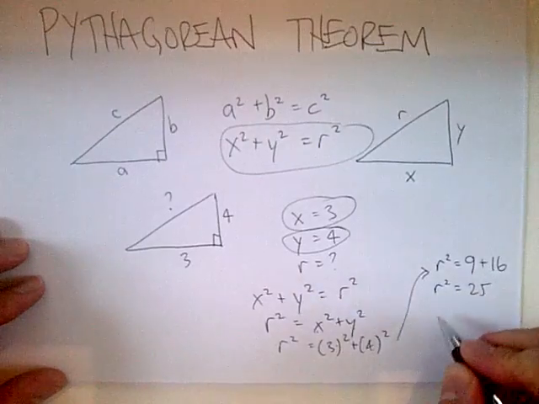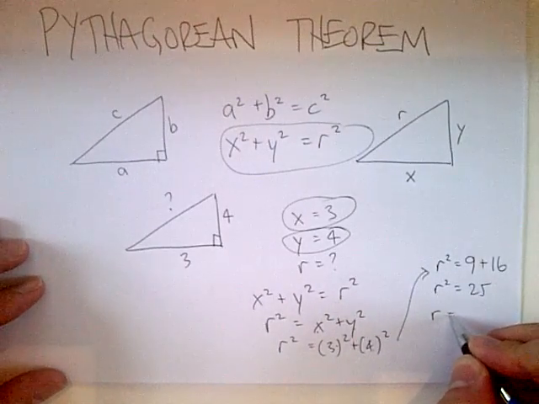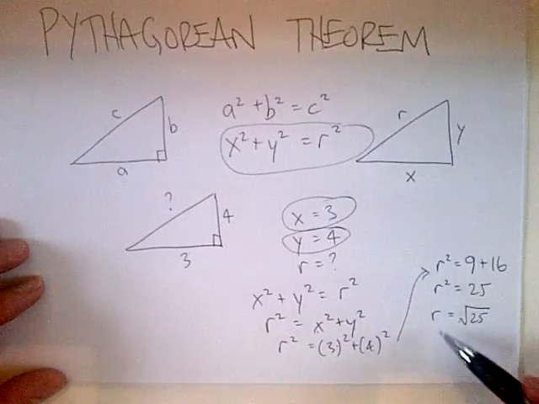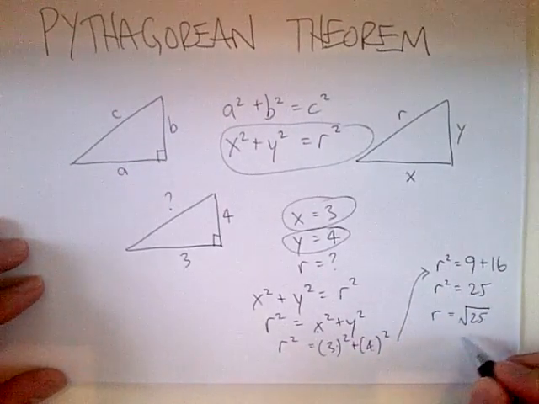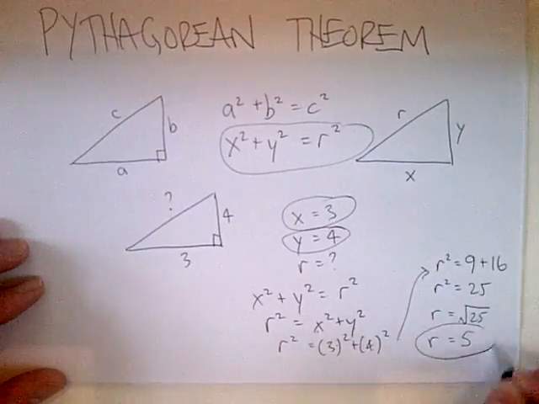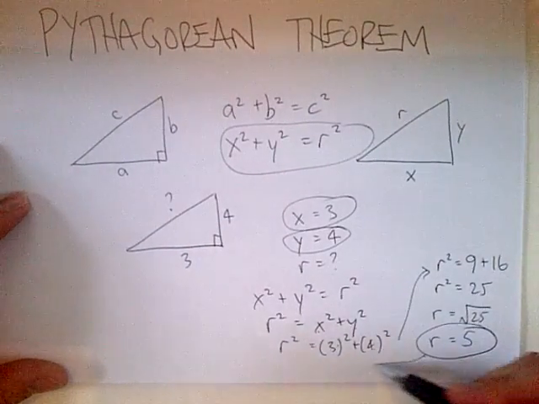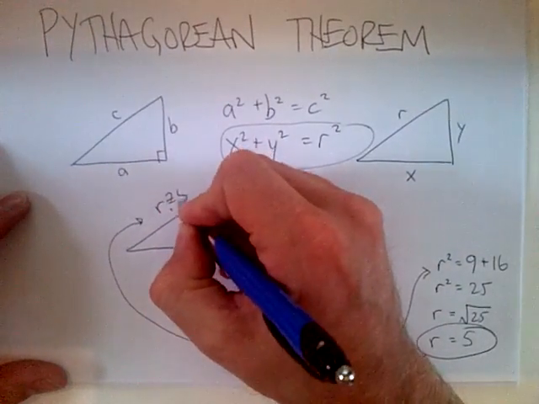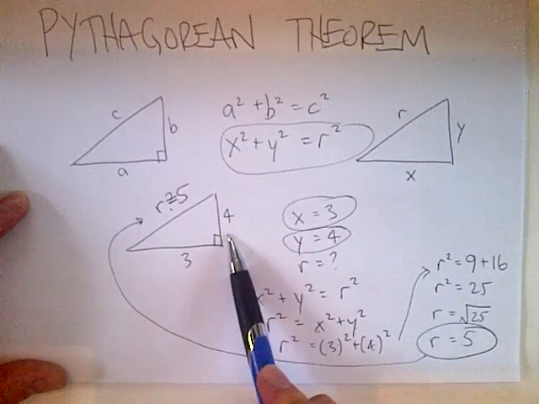25. So if r squared is 25, then r is equal to the square root of 25, right? Because r is the square root of r squared, and the square root of 25 happens to be 5. So that's kind of an interesting thing, because that means if we take this back here and we say r equals 5, that means whenever this side of the triangle is 3 and this side of the triangle is 4,